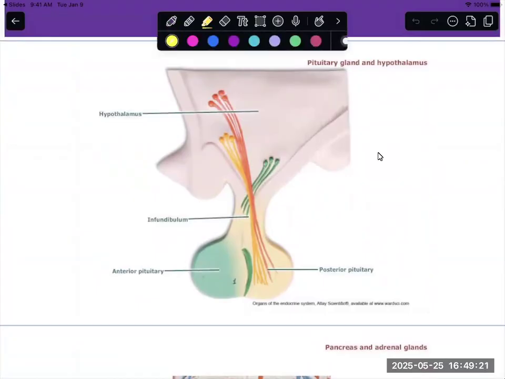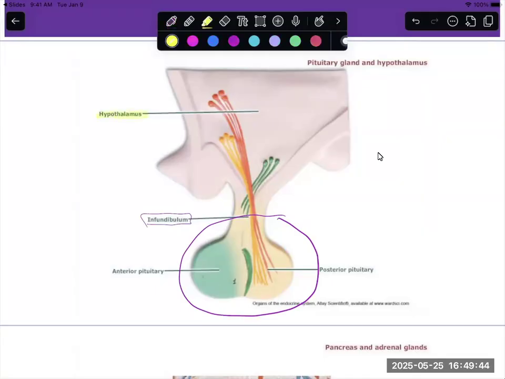This pituitary gland hangs off of the brain on the bottom side. It is connected to the brain through this infundibulum. You don't need to know that specifically, but just for your information, it connects this pituitary gland to